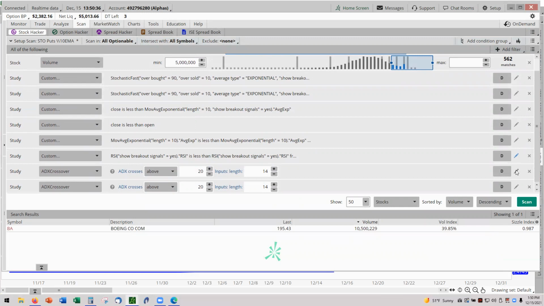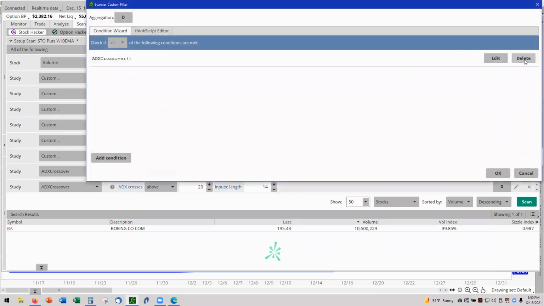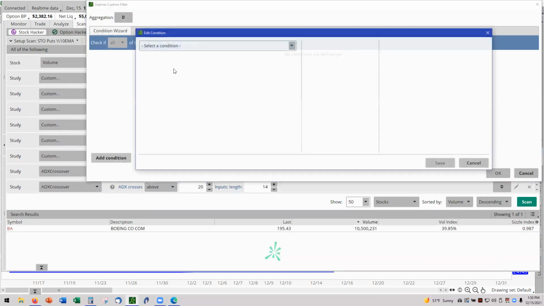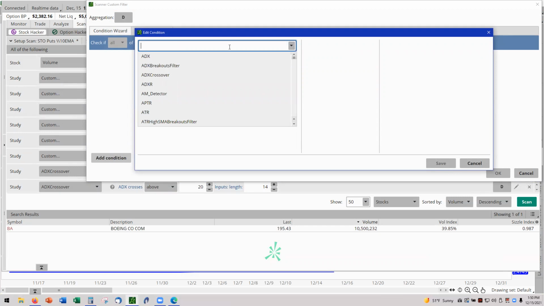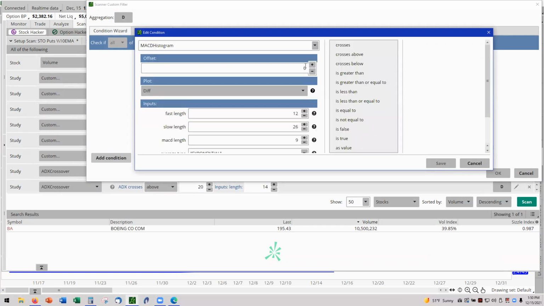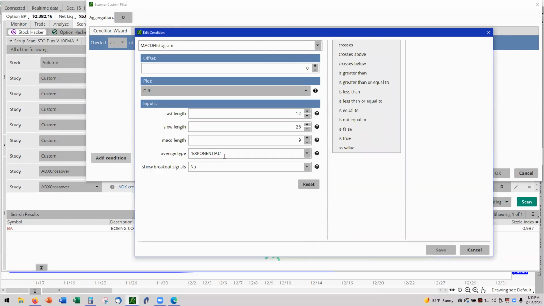Yes, MACD. To be the two MACDs. Two MACDs will be added here. Delete, add condition, come, study, MACD histogram, right there. Today, I leave all the conditions down below the same. I have exponential already. I will go with the yes signal. And the histogram is less than